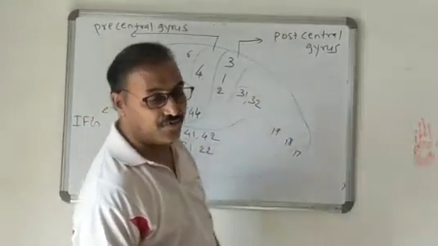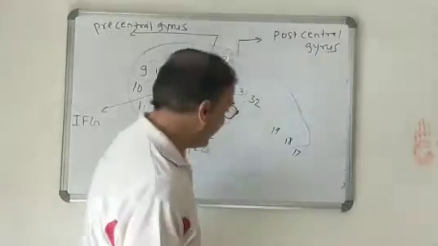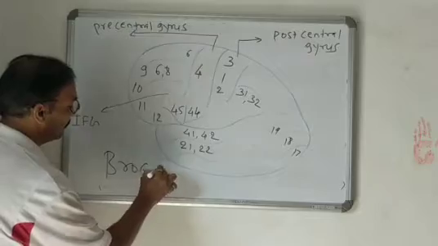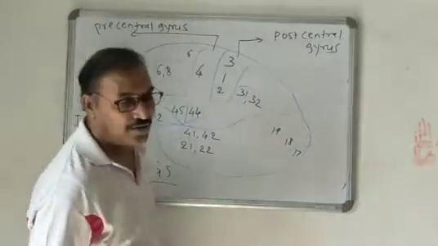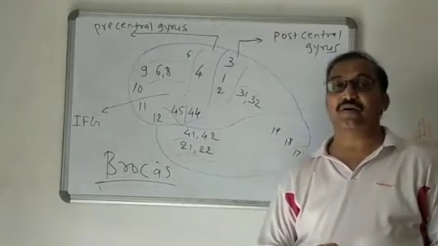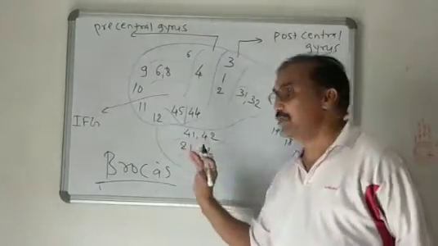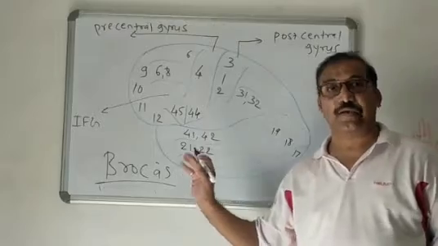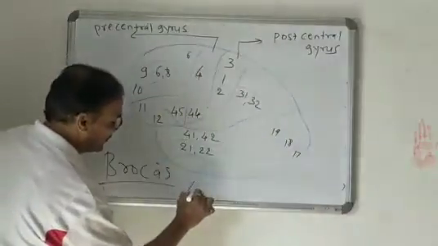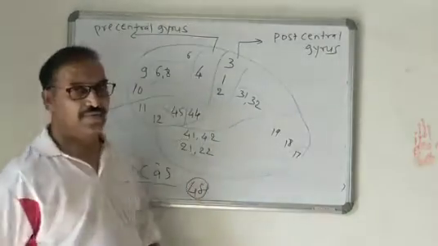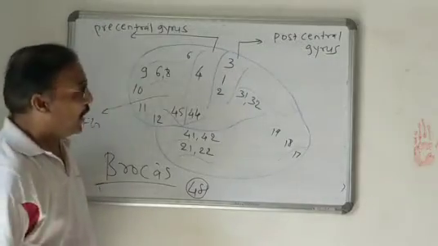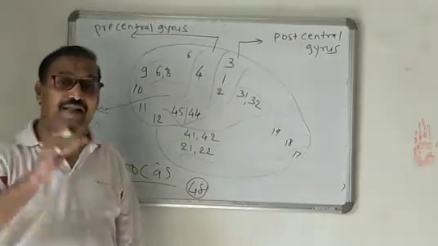Now this area is very, very important. This area is also called Broca's area. This area is responsible for spoken words. This is the motor speech area. And why is this area important? As I told, we have 48 areas present over the cerebrum. These areas are divided into the superior lateral as well as medial surface. All areas are bilateral.